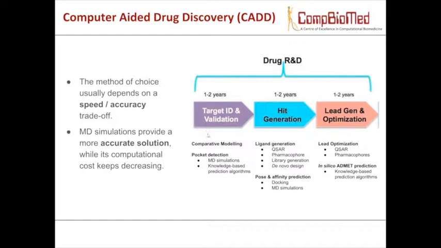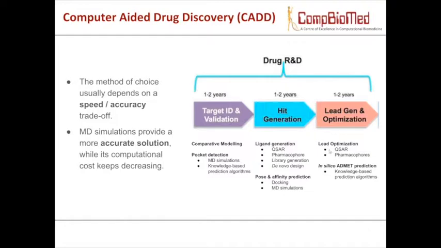There are several computational methods that help in both identifying and validating the target, for example if there is a pocket you can target with a molecule. MD simulations are useful here to make conformational analysis of proteins. But it's also useful in later phases like hit or lead generation,